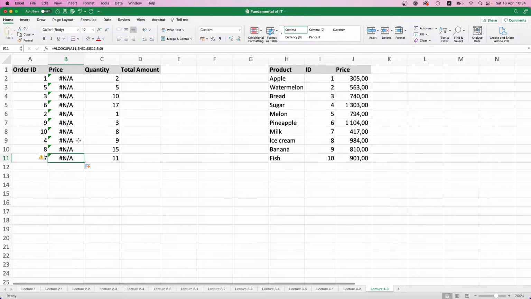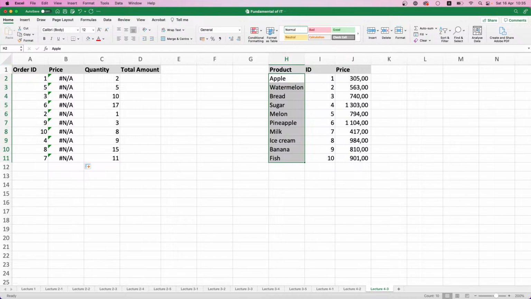Vertical lookup has some restrictions, and one of them is that the column based on which we are going to compare values should be the first one. For example, if we look at the order ID and we have the ID column here, it should be the first one. And in this table, the first one is the product column. That is why we will use the combination of two functions, which are called match